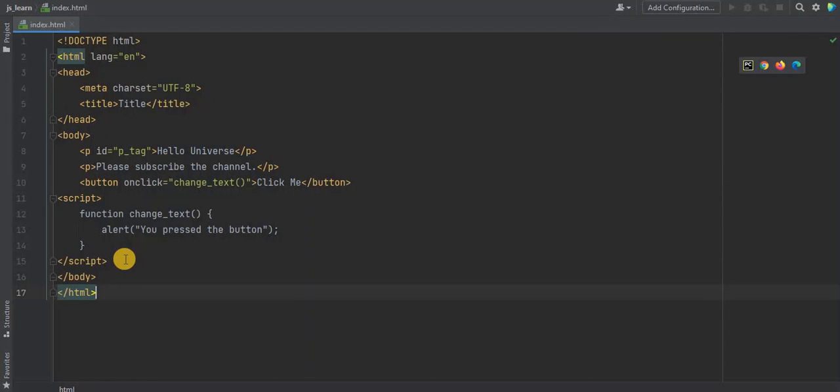But sometimes when we write JavaScript code inside HTML file, it gets messy.